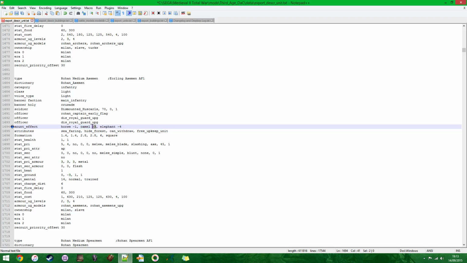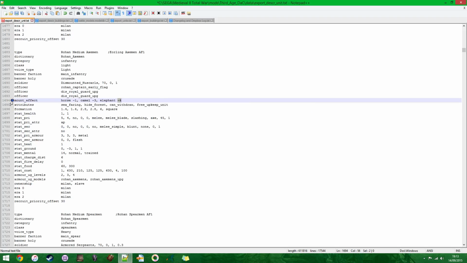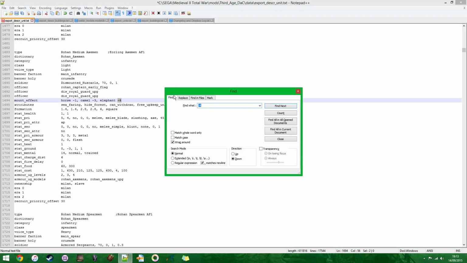So they have a -3 factor combat modifier against wargs, so they're very weak against wargs, and against elephants a -4. Now if we were to go to a pike unit, such as, we'll go to this one first,